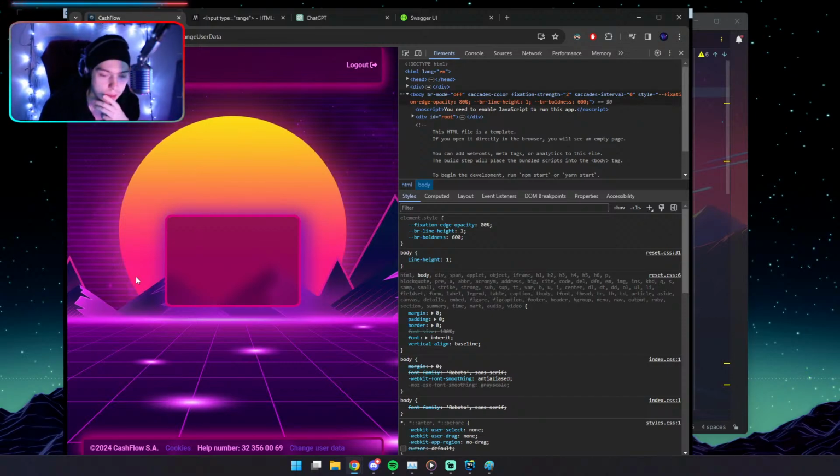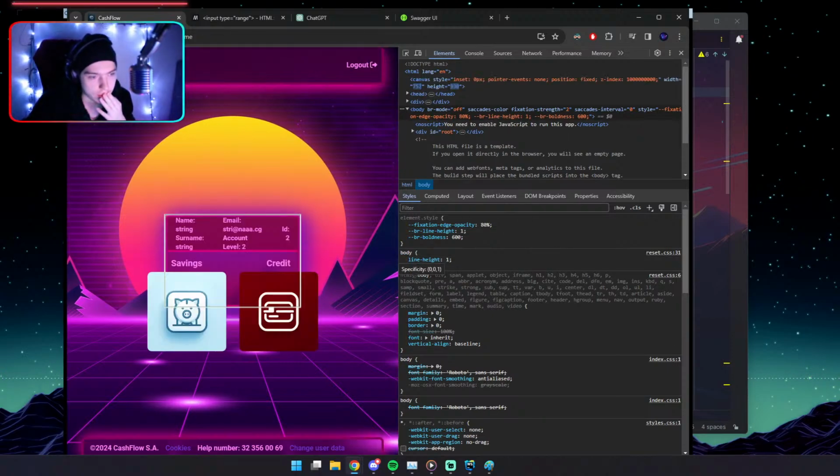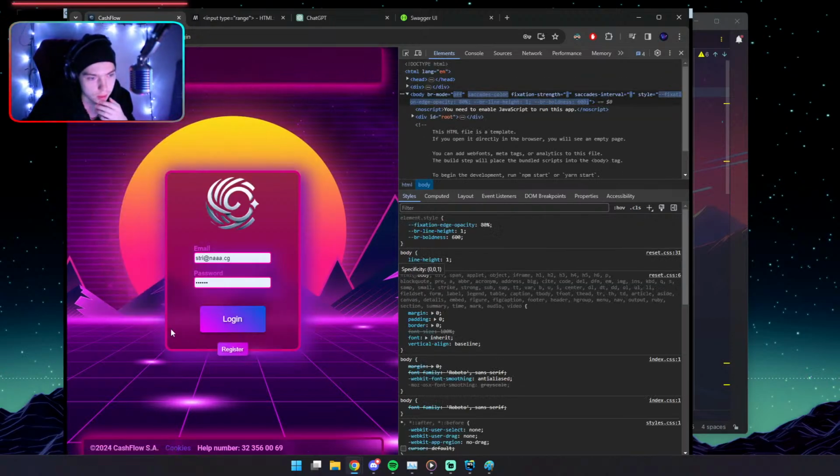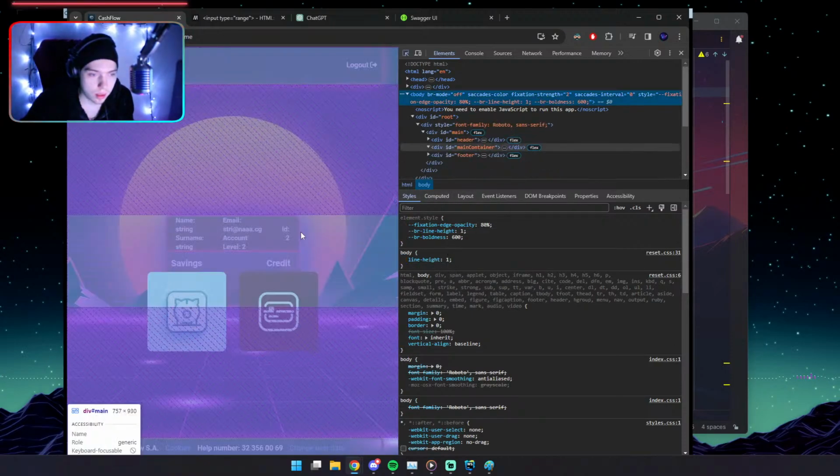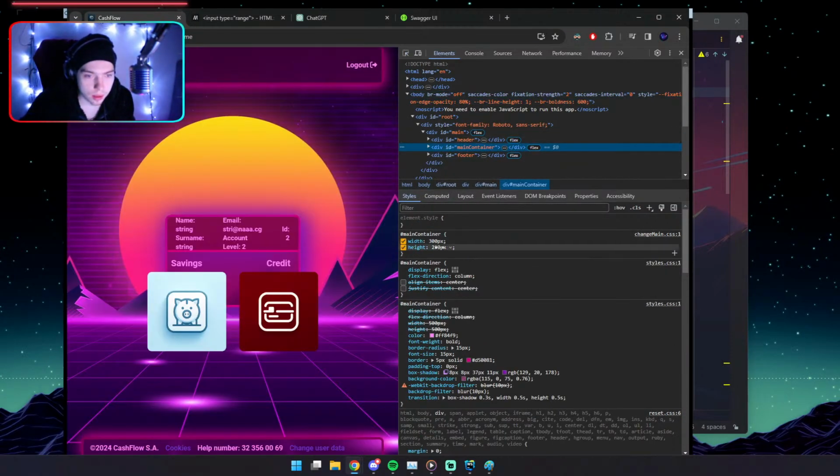Why is that? I really don't get it. Yes. And even after refreshing, for some reason, our main container is this width and height. And this is for some reason not overriding it. So